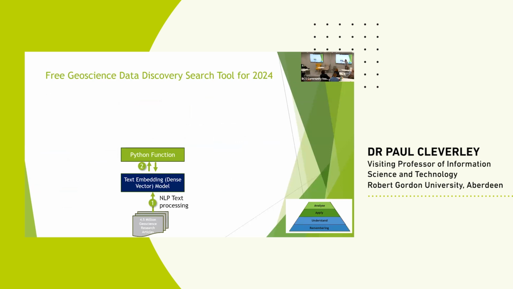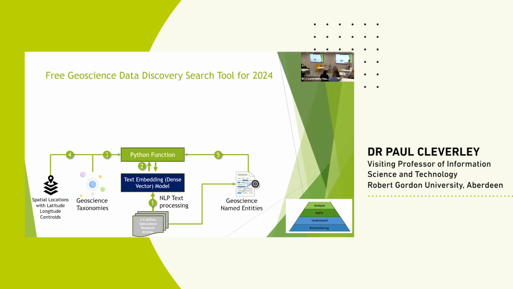So we built a text embedding model from that text within a Python function so that we could interrogate the model. We then loaded in hundreds of thousands of geoscience taxonomies and relationships, with also place names, geological localities, city names, and the lat longs, and then ran named entity recognition as well to extract out things that are better found using machine learning or a rule rather than a taxonomy, such as geological formation names. And then built a user interface which is containerized on the top to allow people to explore the whole corpus